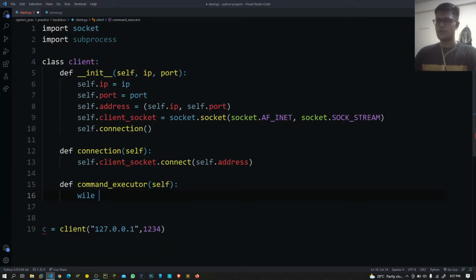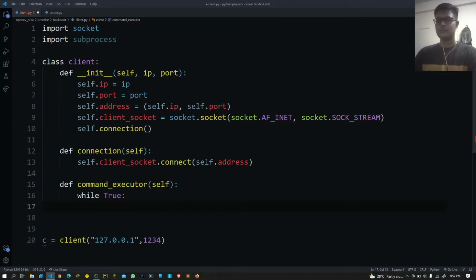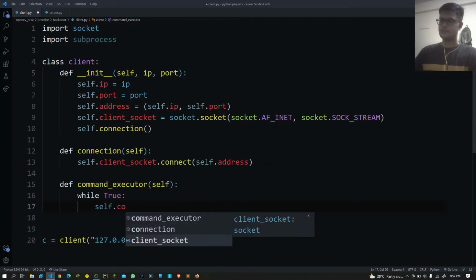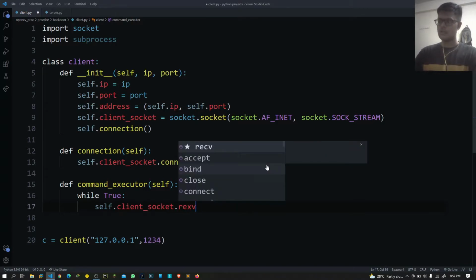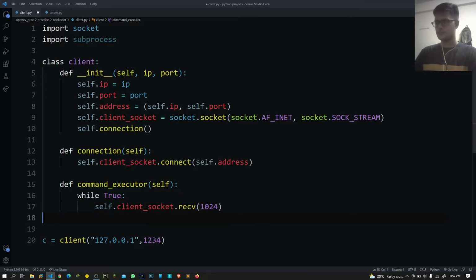So while True, we have to first of all receive the command: self.client_socket.recv(1024), it's in bytes.